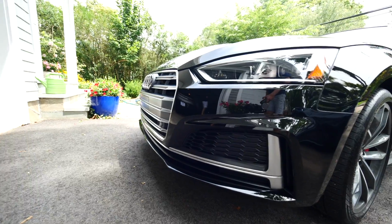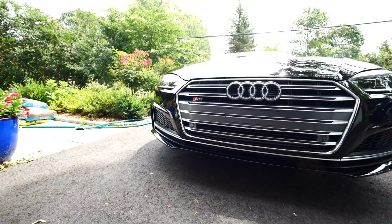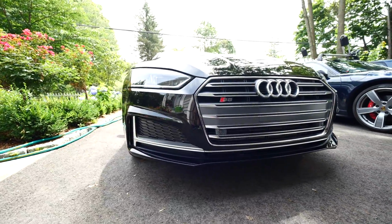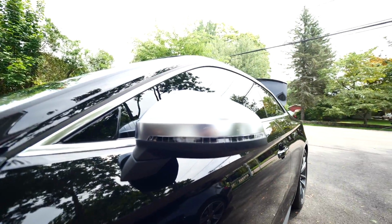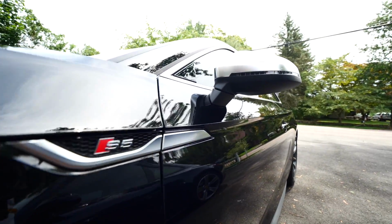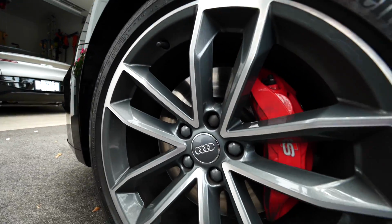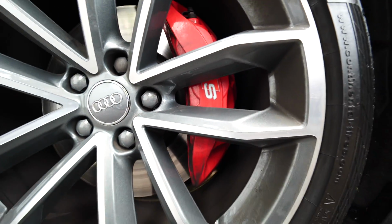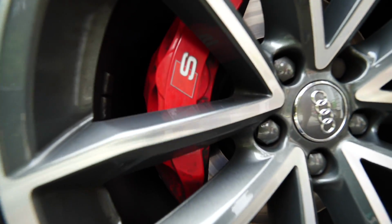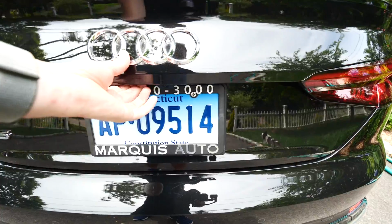So here we are back at my place, have a quick look around the interior and the exterior. To differentiate this from the base model, the A5, you get a lot more chrome on the outside, and particularly around the front grille, which I like now. You know, they're starting to tone down that Audi front grille, which I've never been much of a fan of, and the Audis are starting to get their good looks back on the front again. And around the wheels you see the red calipers. The brakes on the S model aren't that different than the A model. They're slightly bigger on the front end, but the same size on the back. And round at the rear, you can see the tips from that upgraded exhaust, and into the trunk, which is